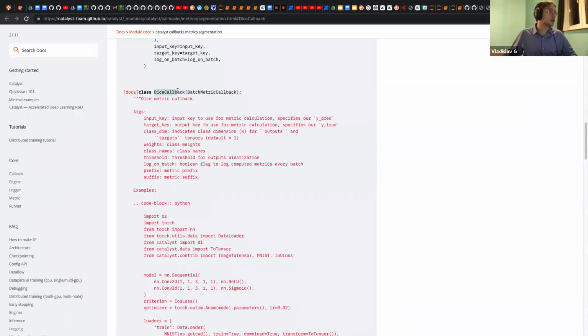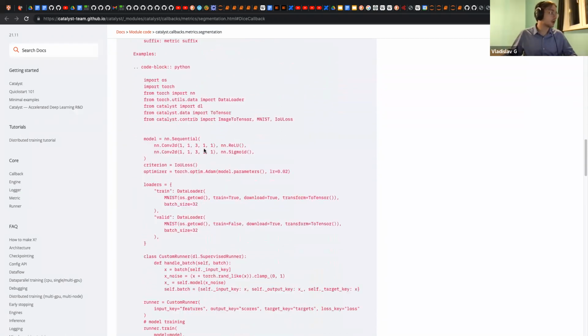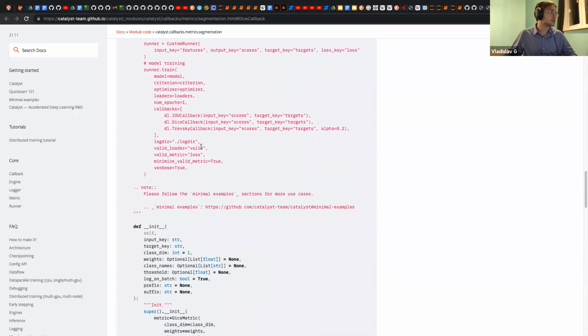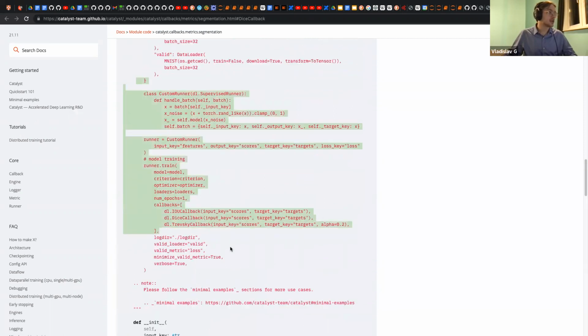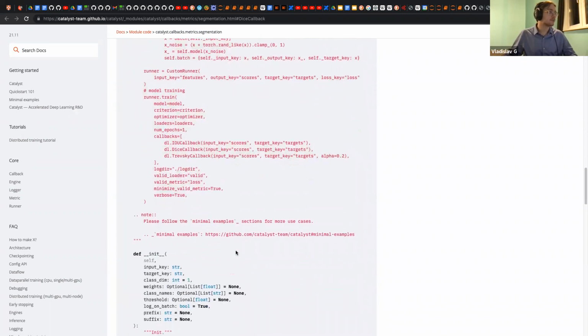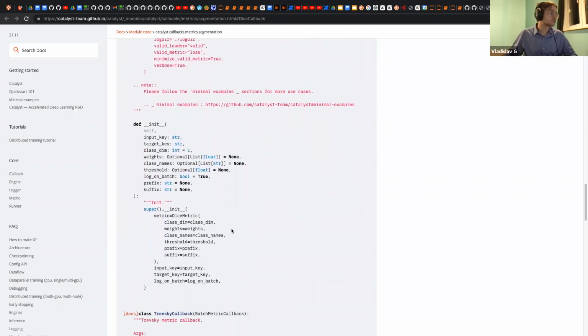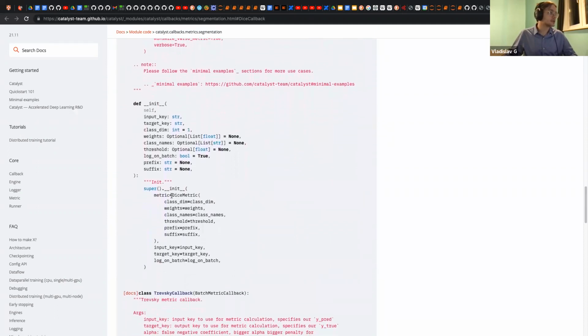Okay, so we have the dice callback here, and we have a rich example of using it. In this case we also call the dice metric, but this is just an interface thing.